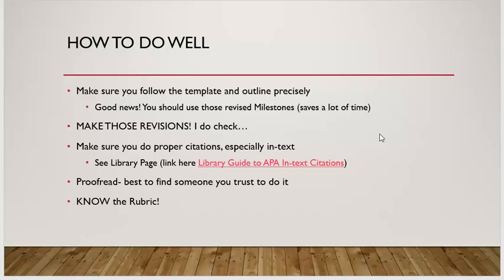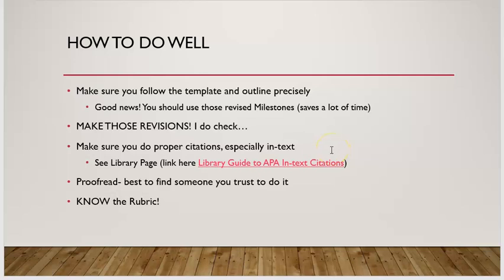If you're unclear on how to do the citations, please look at the library's guide on APA and citations, especially in text, and that can be a little bit tricky, I will admit, as you write these things. It's like, well, where do I put a citation after every word, or do I put it at the end of a paragraph? How do I do that? The way to think of it is, when you've made a point that you derived from an outside source, put the research you're basically citing it and attributing it in your paper, and that's exactly what you need to do.